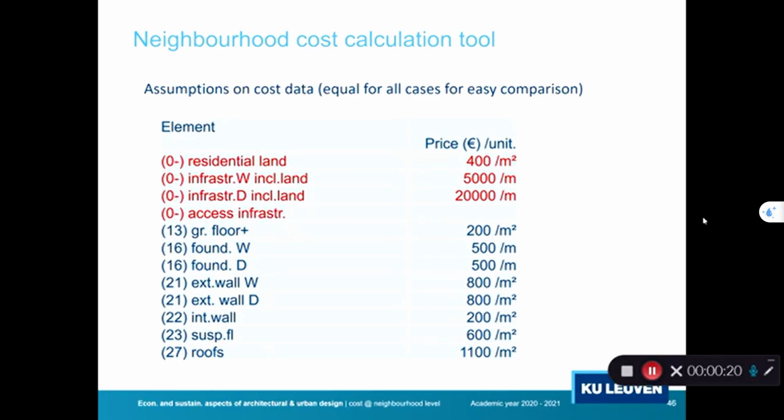We have calculated based on the unit prices for each of the elements. We calculated the cost at building level and could hence identify the contribution of these different elements to the final cost of the building. What we do in this part is we add some more costs. So first of all, we add the cost for the land. So we assume a price of 400 euros per square meter of land, and we include a cost for the infrastructure. So first of all, the infrastructure for the